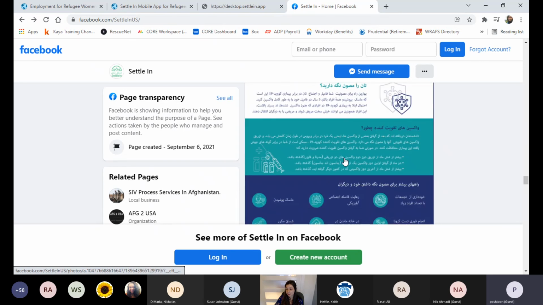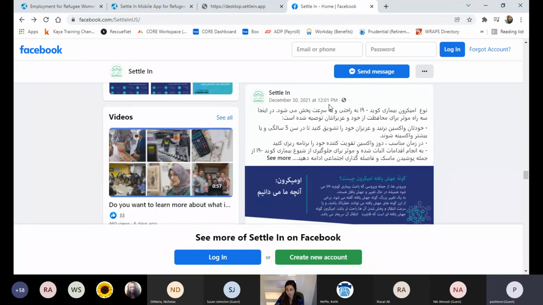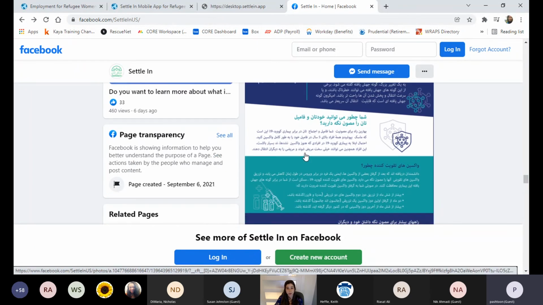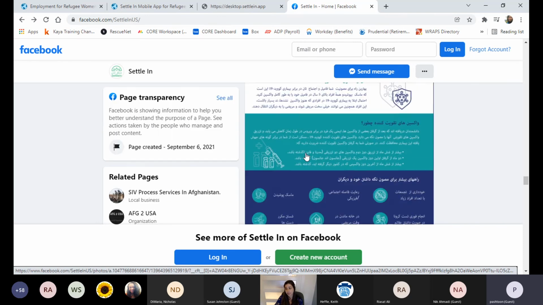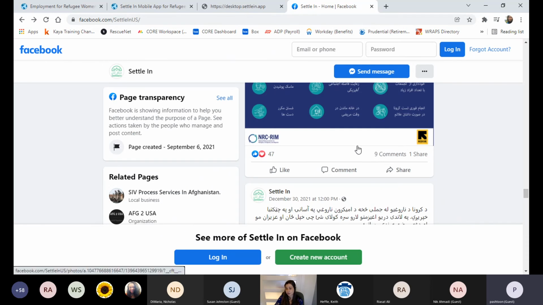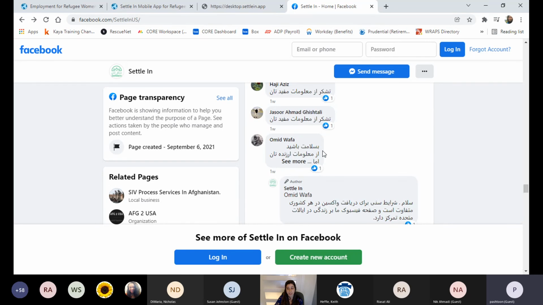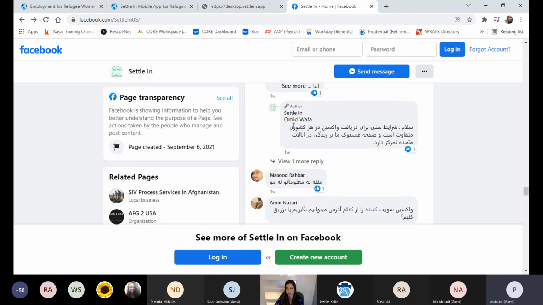So you could see here a post that was done recently that's posted in both Dari and Pashto. And this is about information about the new strain of the COVID-19 virus, what people can do, information about vaccines. If we go to the comment section, people type in their comments in their native language, and then one of our staff members will respond if they have a question. So it's really a great platform because we do everything in our capability to make sure everyone's questions receive a response.